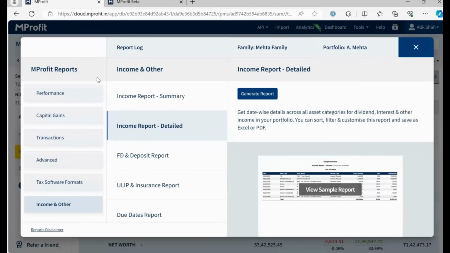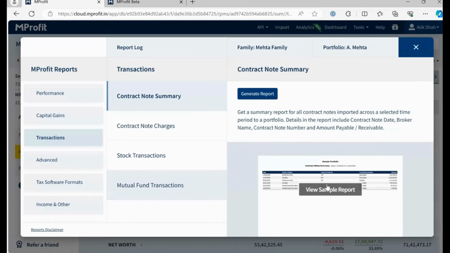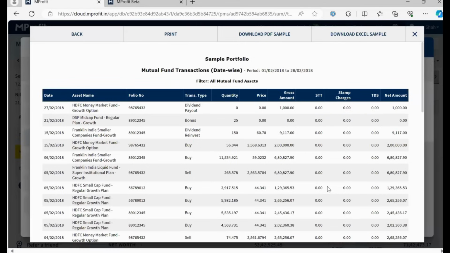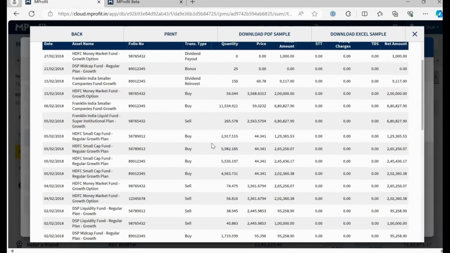Right. And I think, Tanmay, lastly, in the interest of time, before we move on to the Q&A, we can just talk about the transaction reports for mutual funds. Right. Just like all other reports available, we have a very granular level report, which is a transaction report. Whichever data you are fetching through MF CAS API, if you just want to see the detailed transaction level information, there is a transaction report available. And as you can see, this is available along with the expenses. So if there is STT, stamp duty, or TDS, you get that level of information as well.